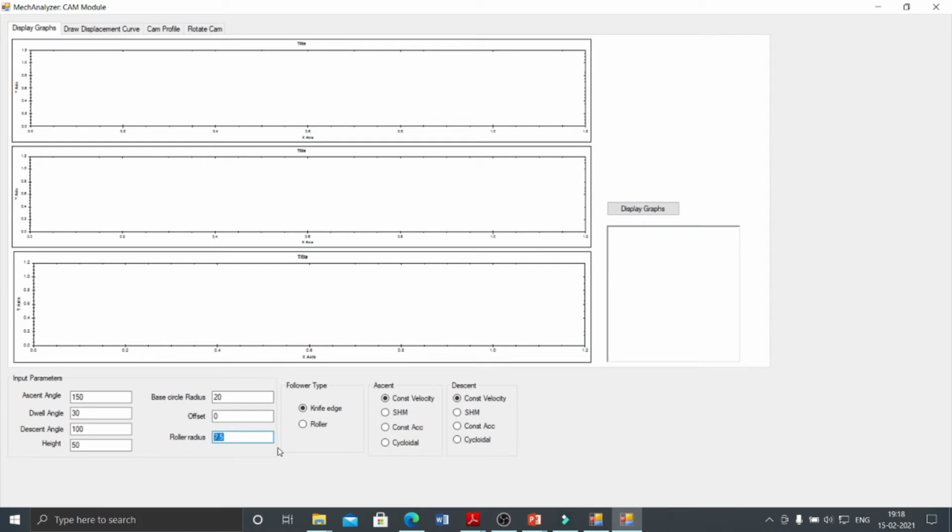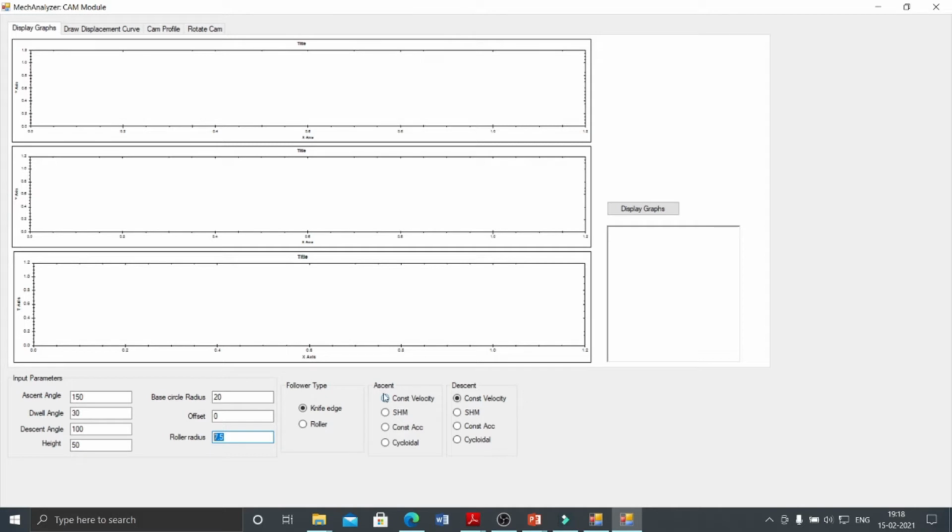Next, which type of follower are you interested in, either knife edge follower or roller follower. If it is knife edge, there is no use of the roller radius, but by default it takes it. Next, during ascent or rise, which follower motion do you want to select: constant velocity, simple harmonic motion, constant acceleration, or circular motion. You have the same choices for the descent also.